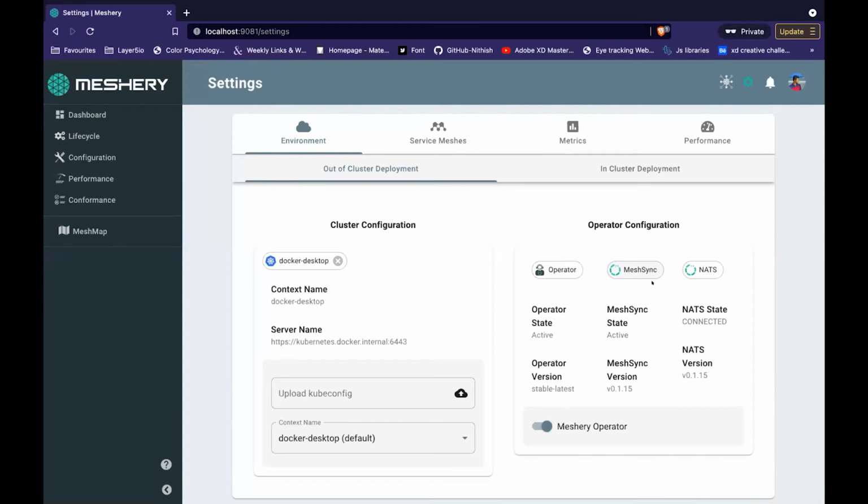Okay, so I have some problem with my cluster. That is why it's not working. Just before this, it was working fine. The functionality is basically working, but I'm not able to demo it right now. So Meshsync will actually redeploy the whole Meshsync deployment if you press on it, and then NATS will try to connect to the NATS broker again if there's a problem. Or basically, it doesn't do it all the time. It will first check if it is already connected or not, and if it is not, then it will try to reconnect.